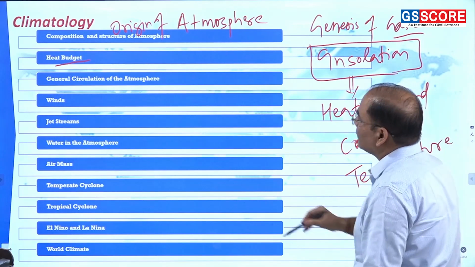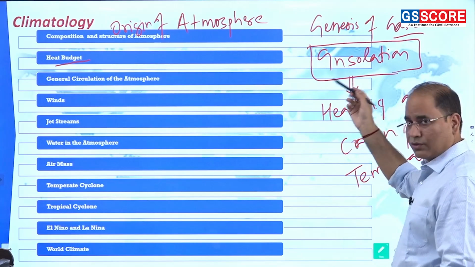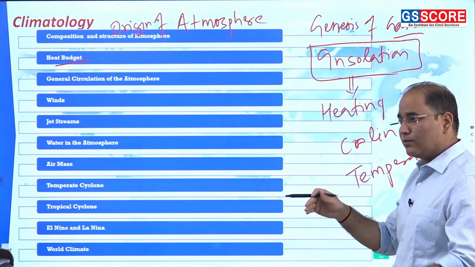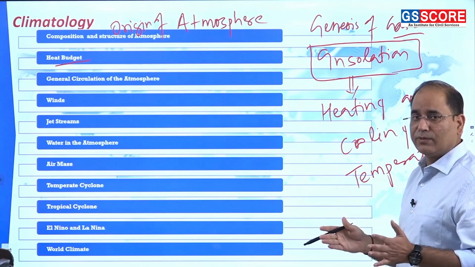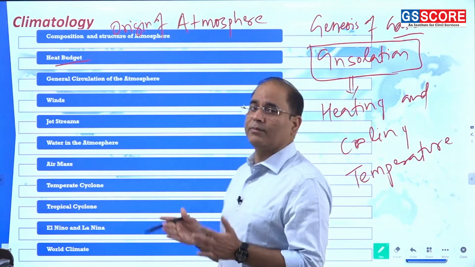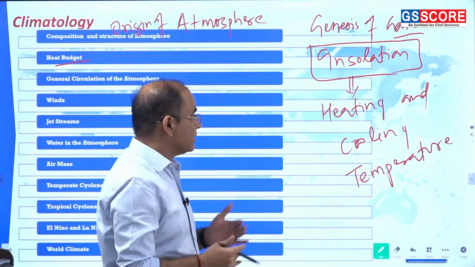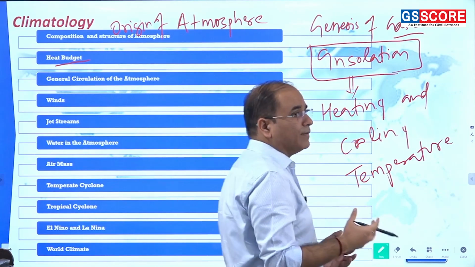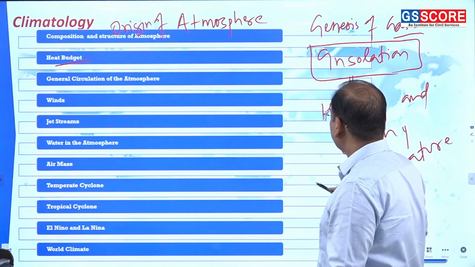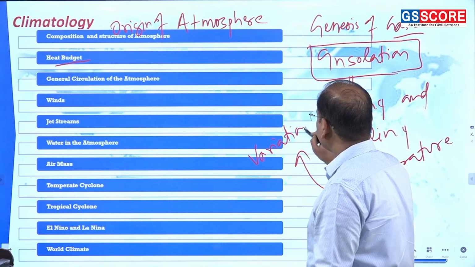So within the broad scope of the heat budget, you are supposed to study the insolation, the dynamics of insolation, how the insolation is reaching, which part of the earth's surface is receiving what amount of solar energy. This insolation is how it is helping the heating and cooling on the earth's surface. Within the heating and cooling on the earth's surface, how the temperature is changing. Then the temperature, how this temperature is varying. So variation of temperature